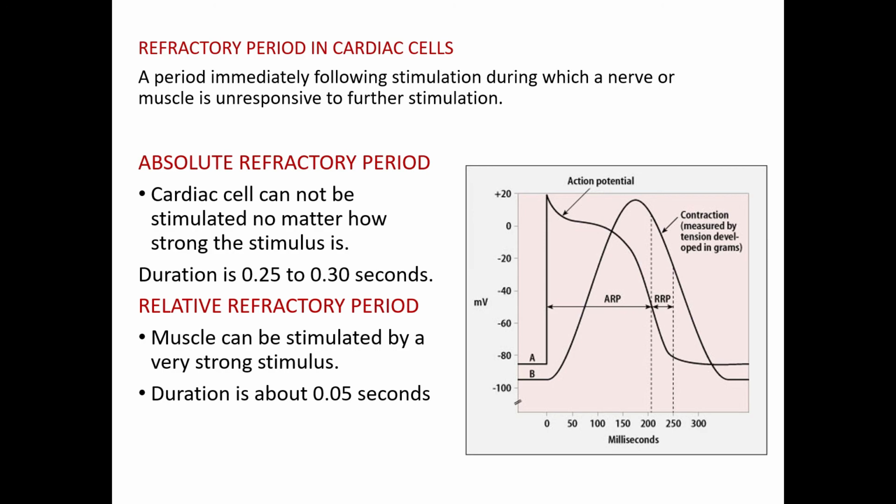Usually whenever we stimulate the muscle one time, we have to wait some time so that it will become polarized again, so that when we give the stimulus, it will undergo depolarization. So this is the reason why the refractory period does not give any response to the second stimulus: there is already a depolarization phase and the sodium channels are already open. So we have to wait some time so that the sodium channels will be closed and the membrane becomes polarized, and then it will respond to another stimulation.